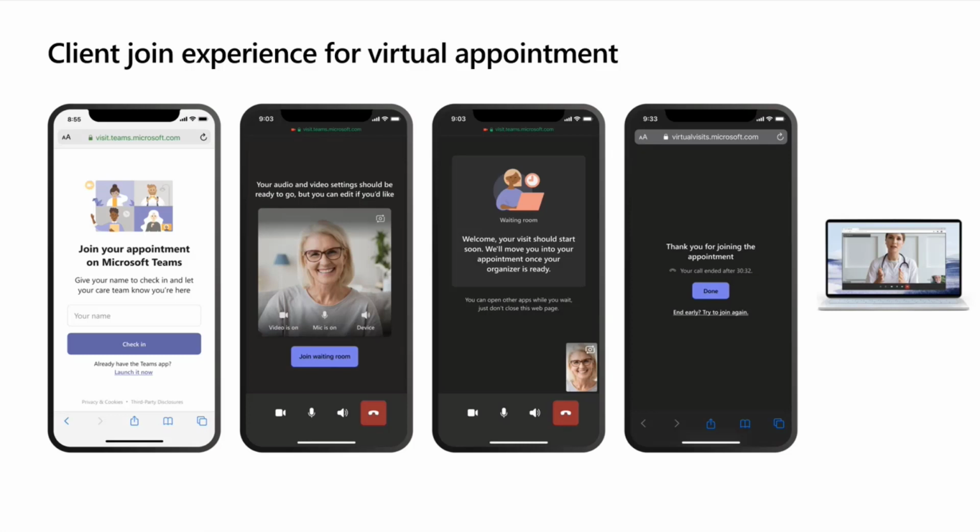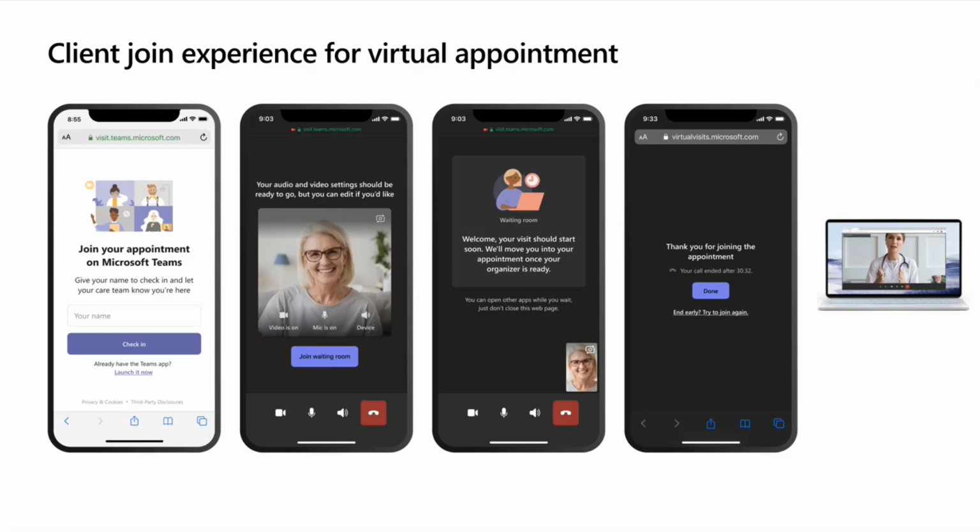In the third screenshot, we have some industry messaging. So if you're in the healthcare scenario, it says like your provider will be with you shortly. If you're in the retail scenario, it says your shopper. And it's just a little bit more friendly to let folks know that their appointment's going to start soon and they're in the right place and they have everything enabled by default. So it's just a little bit more friendly than just sitting in the lobby that we would have on this Teams chat.